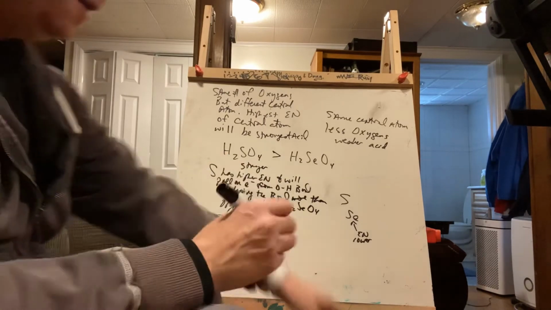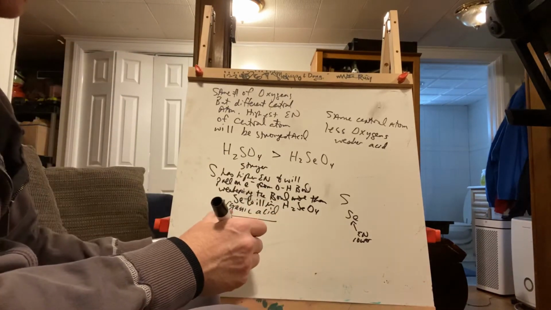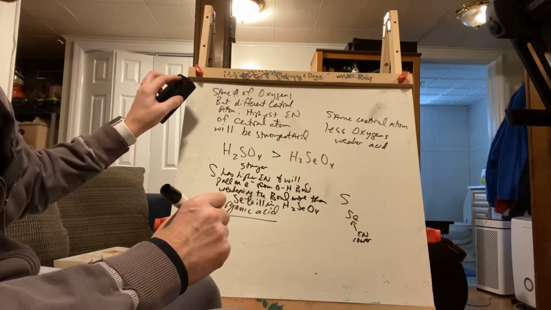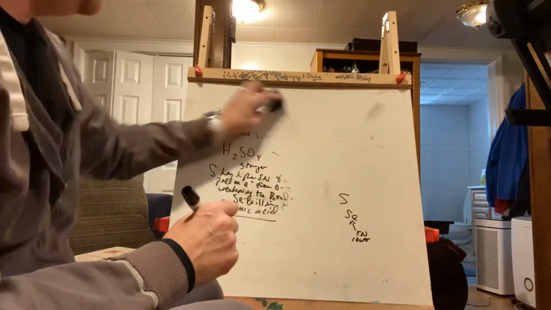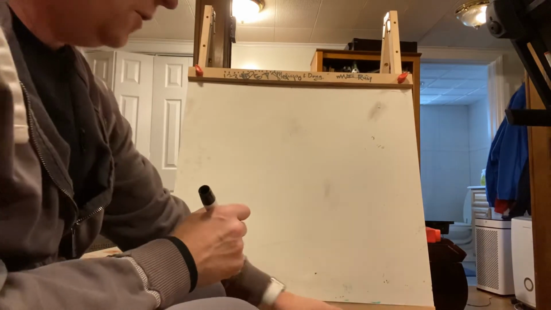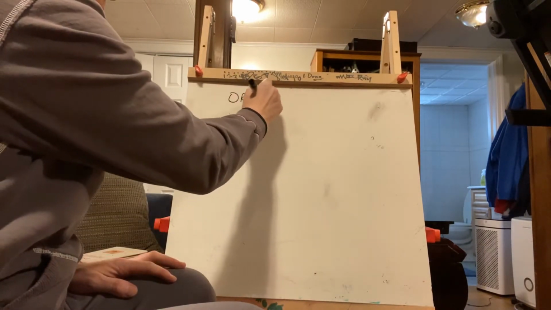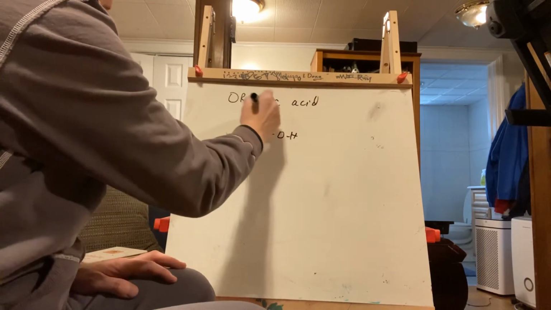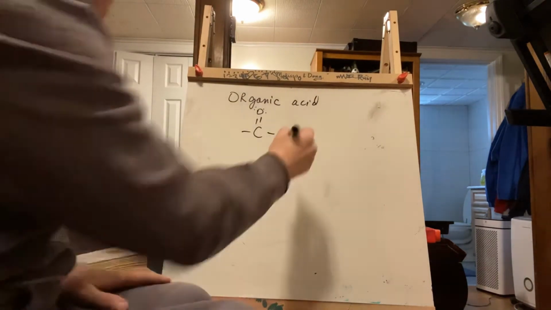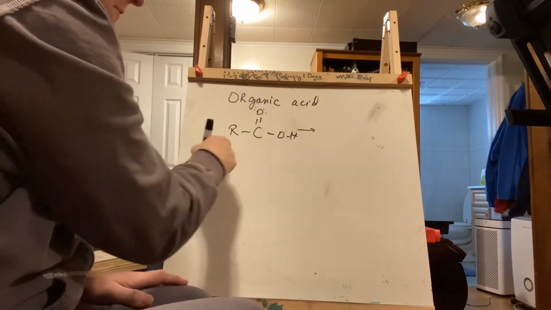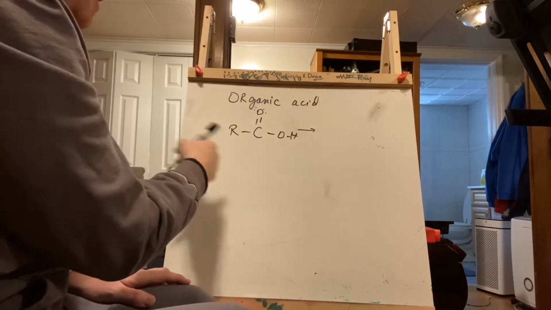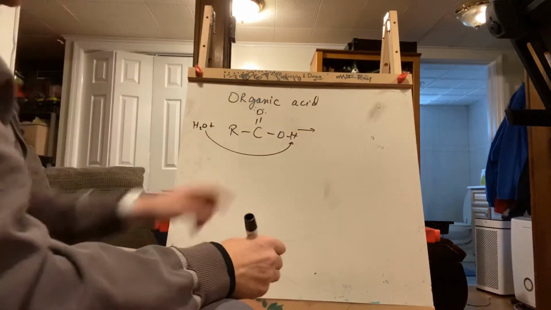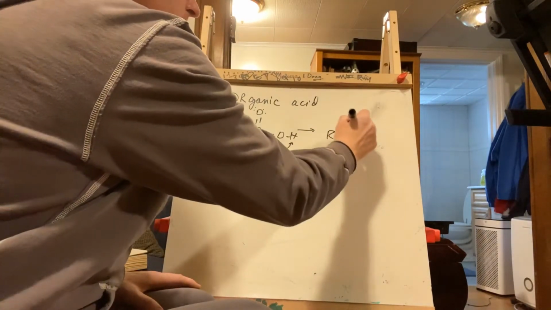Okay. All right, and then the last piece, I don't believe organic acids are in this particular part of your book, but I just wanted to describe that real quickly. Okay, organic acids. So you probably remember from organic chemistry, organic acids have this C double bond to an O with an OH group. And R just means any carbon chain existing here. And if you react it with water, this H will be attached, and then what you'll form will be